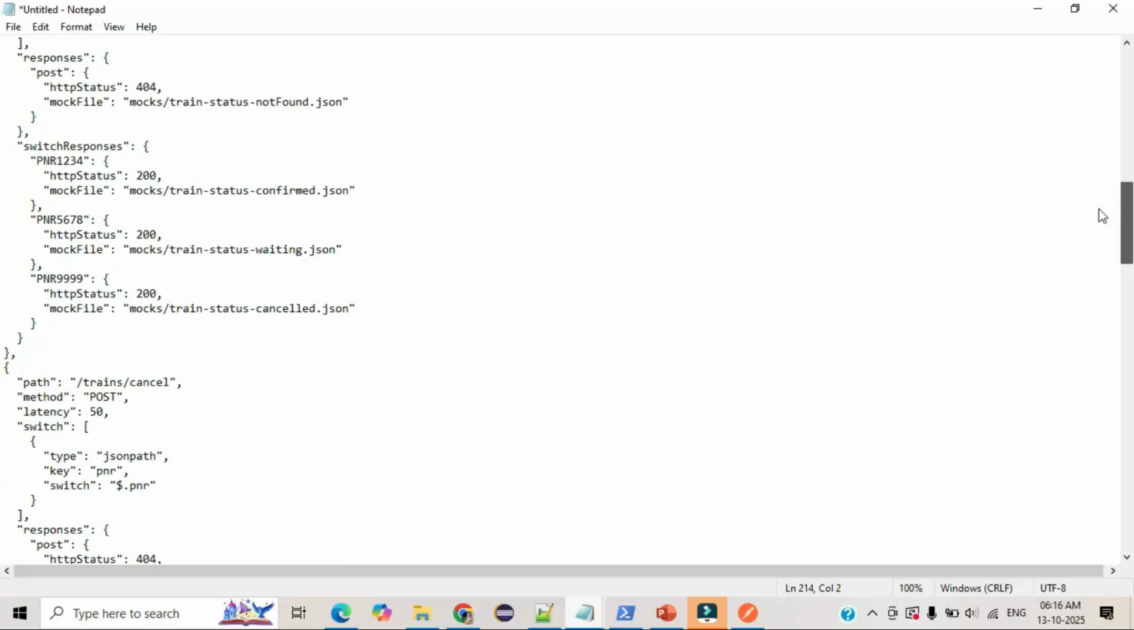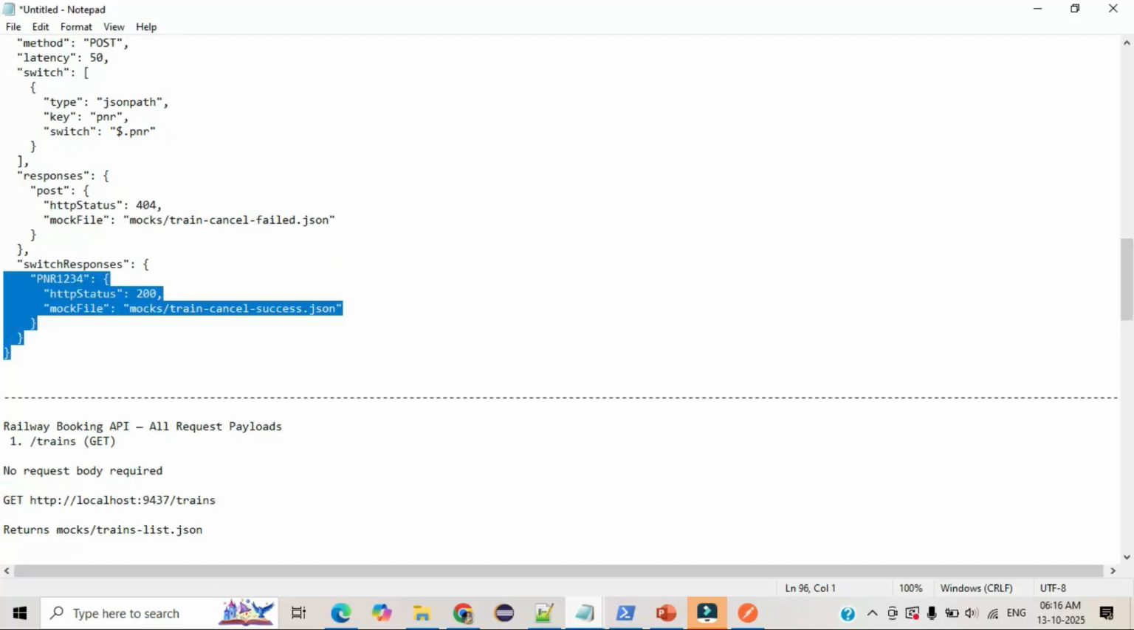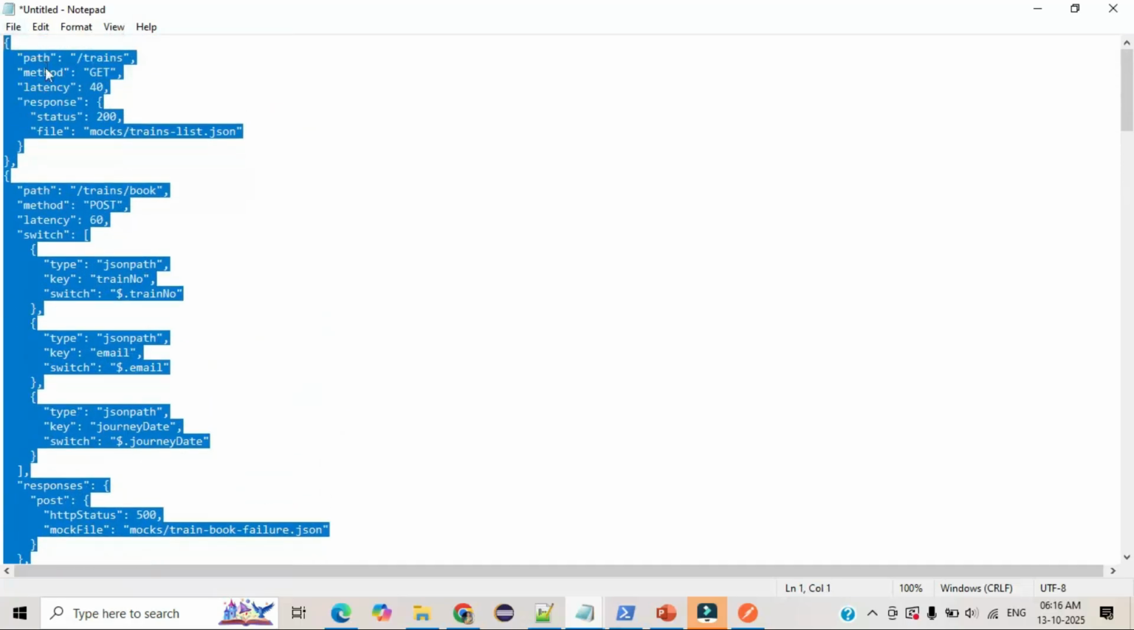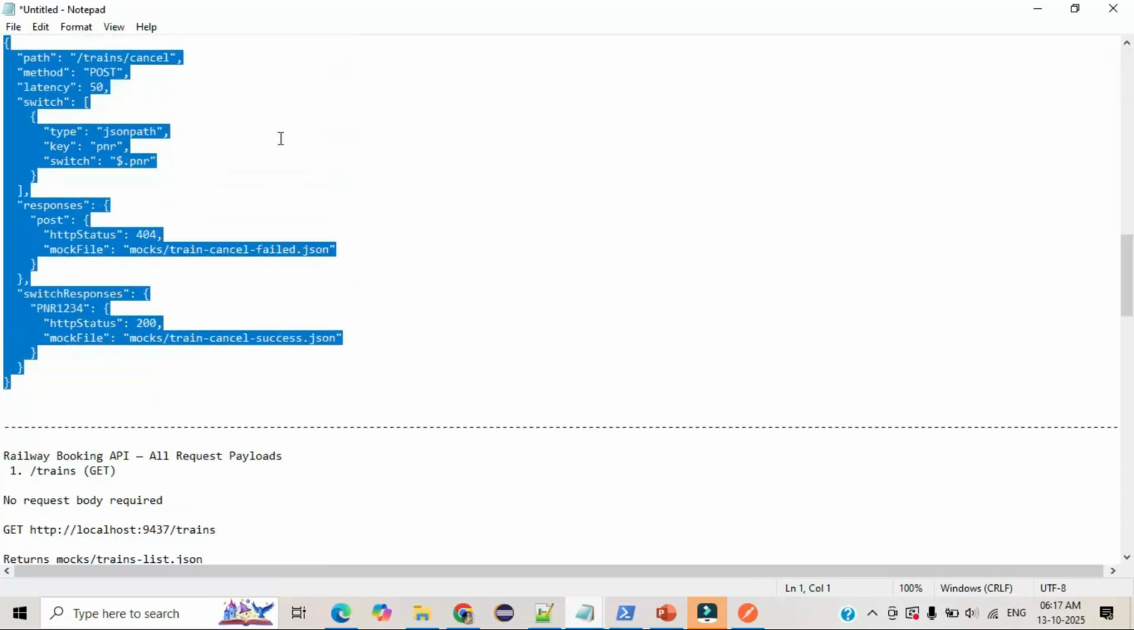So the first step, let me copy this configuration file and configure it in our existing config.json file. Then next, we will create the files. Then we will verify this particular endpoint, whether it is working or not. So let me copy this one. Let me go through my